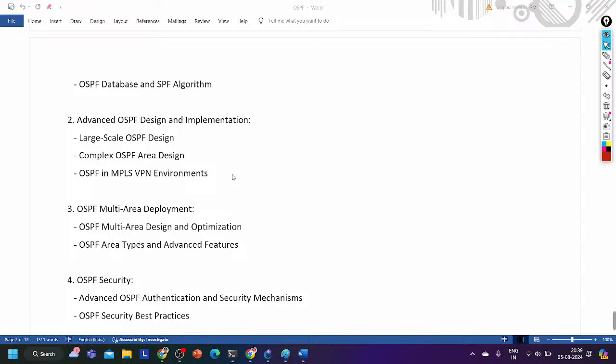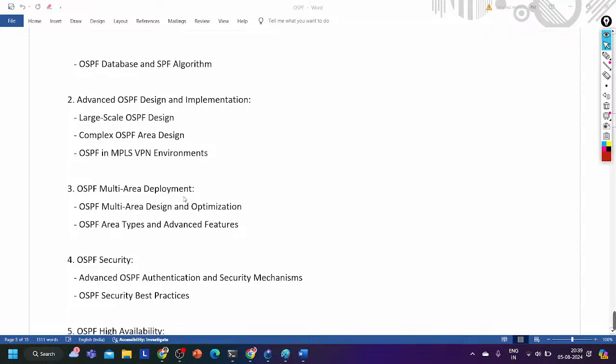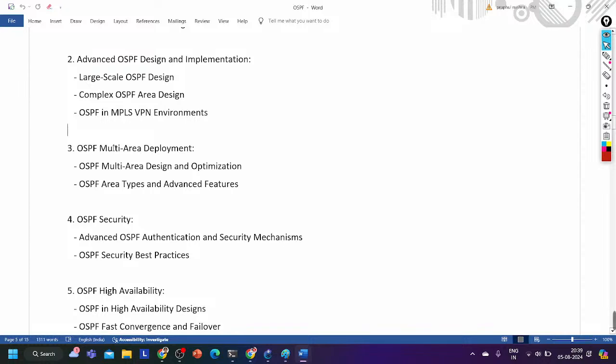I will go very slowly. You can stop me anytime. I can even explain one single topic 10 times, right? No problem at all. But you have to show me the interest that you really want to learn, right? Then OSPF multi-area deployment, how we are going to